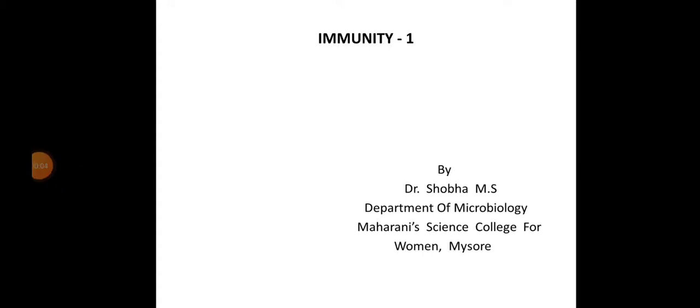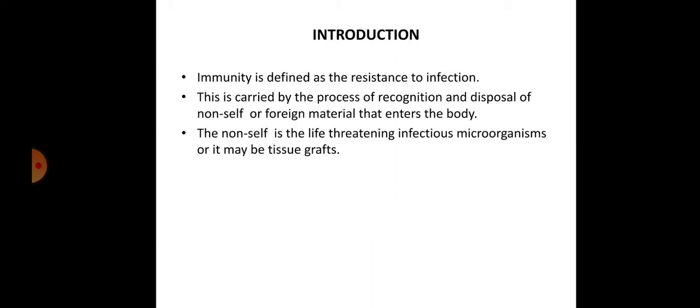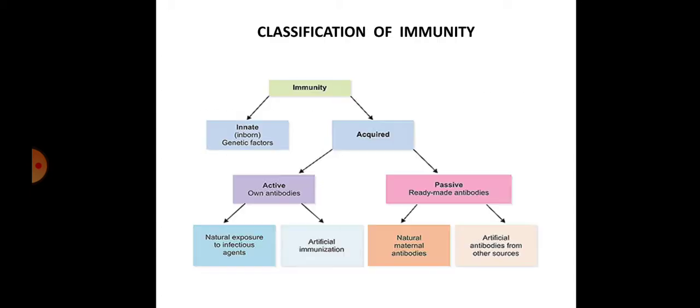Today we'll be going to the next chapter, that is the immunity which is developed by a body system. Innate and artificial immunity are developed by a body system to protect ourselves against the pathogens. So here, as you know, resistance is nothing but the immunity which is developed to prevent infections. When we go to the classification of immunity, we come across mainly two types,